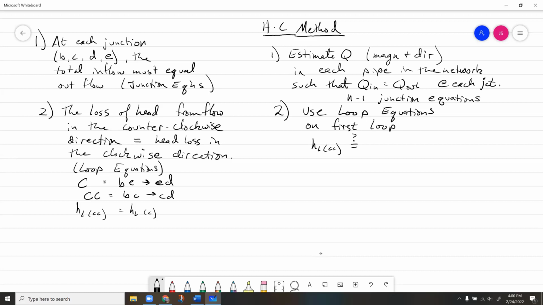Is that equal to the head loss clockwise, given your initial guess? For those Qs, you set those Qs up, you use those Qs as inputs into these head loss equations. Do they equal each other? They're probably not, because you're just partitioning half of a CFS or a whole CFS. So then what you do is you're able to solve for the error,